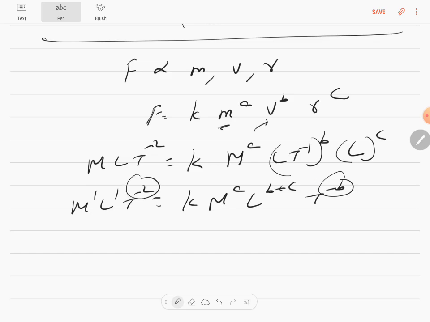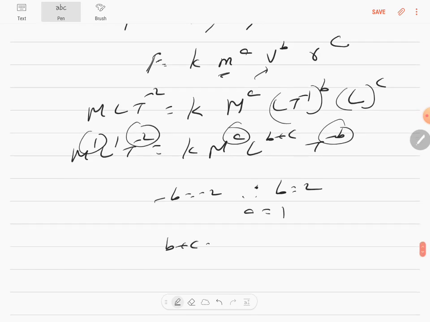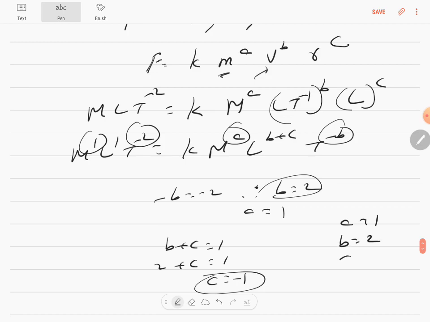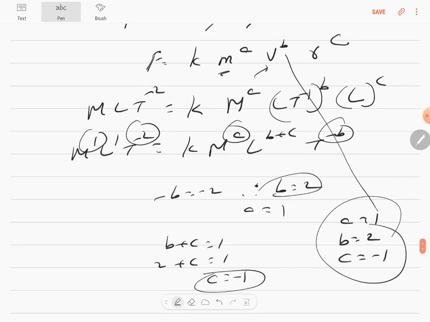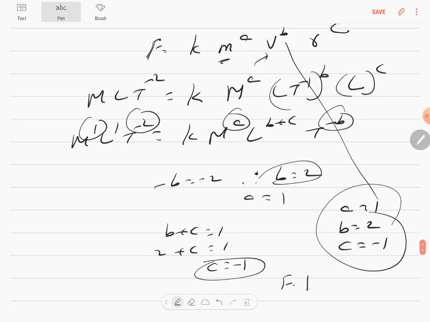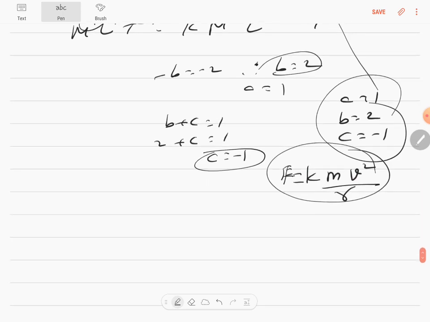So minus b is equal to minus 2. So therefore b is equal to 2. a is equal to 1. Equating the powers, b plus c is also equal to 1, but you already know b is 2. 2 plus c is equal to 1. c is equal to minus 1. So a is equal to 1, b is equal to 2, c is equal to minus 1. Substituting that here in the first equation, F is equal to K into m to the power a 1, v to the power b 2, r to the power minus 1, which can be written as 1 by r. So centripetal force, relationship between centripetal force and velocity mass is F is equal to K into m v square by r. So that's how you derive the